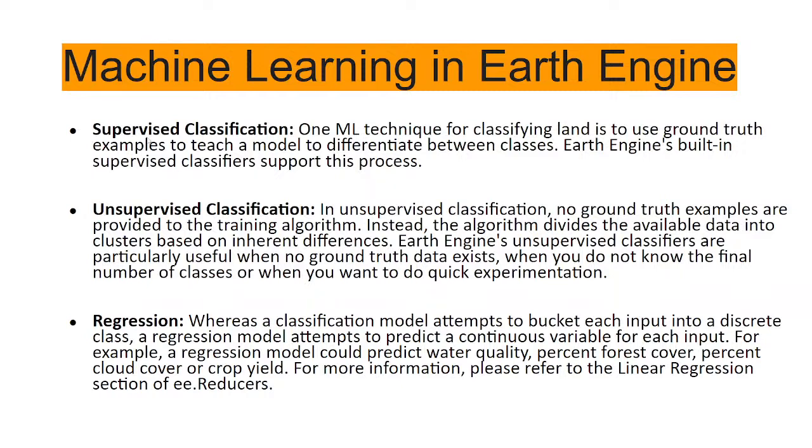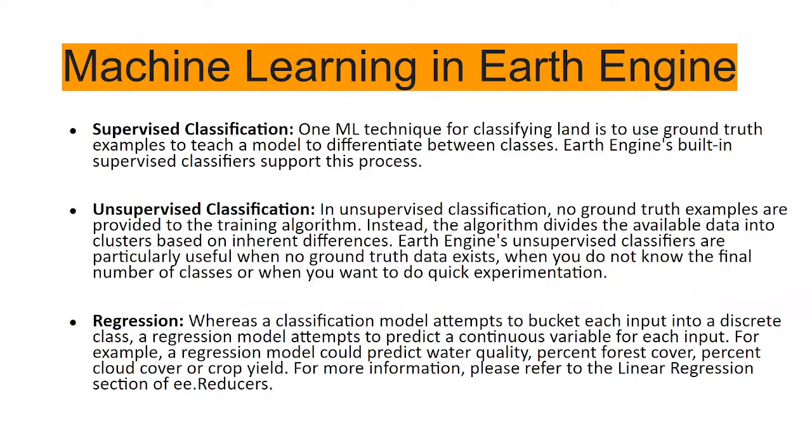So for a supervised algorithm, when you want to do it, you must need ground truth data or training data, but unsupervised doesn't need any type of ground truth data, training data, or pre-categorized data for unsupervised classification. And regression is another type: a regression model can predict, suppose, when you want to